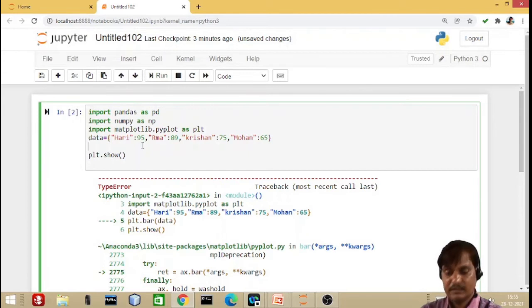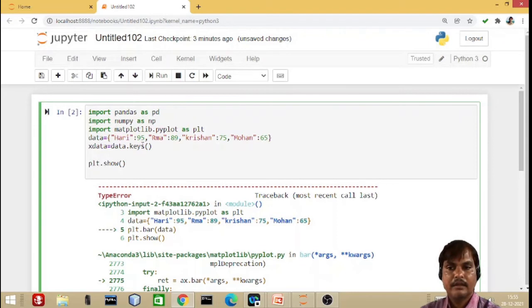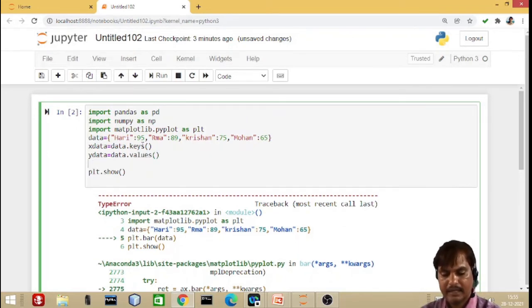For doing this, I am going to take a new variable. For example, x data is equal to, I'll write it here, data.keys. Got it? This command will segregate all the keys. Then y data is equal to the same dictionary name dot values. Now you can see we have x-axis data plus y-axis data.